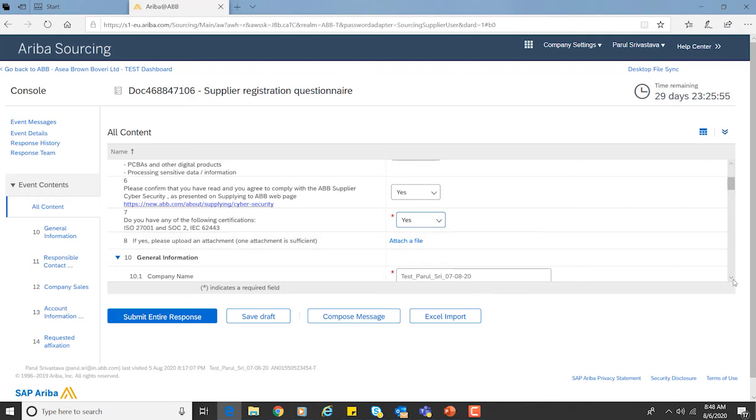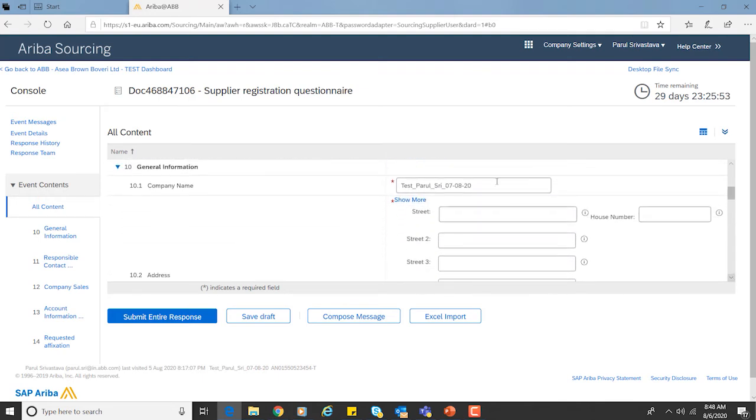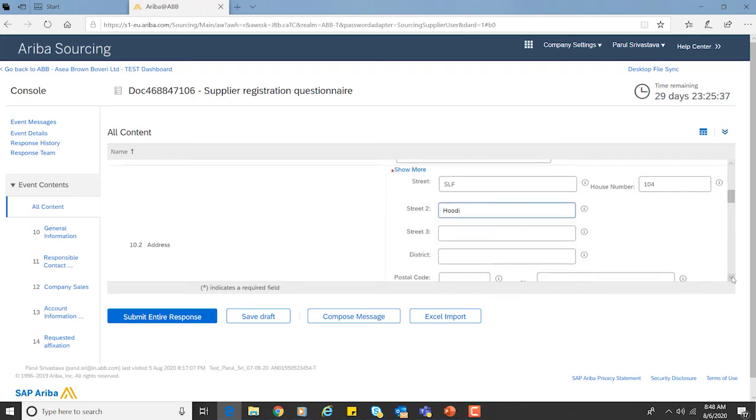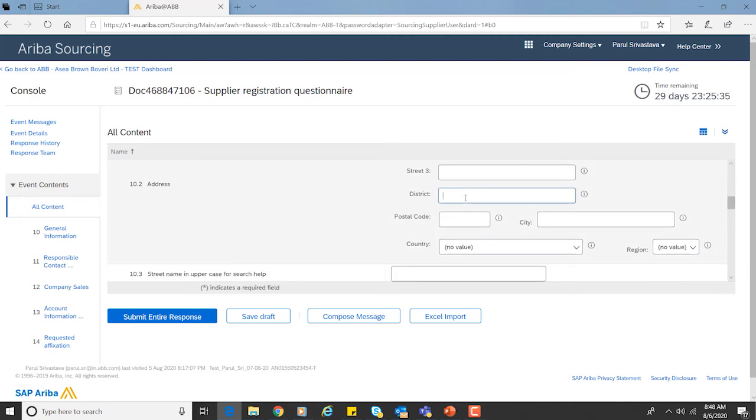Then the general information, company name. Now you have to give the correct address of the company. I'll just put one for our example. We need to give the complete address.